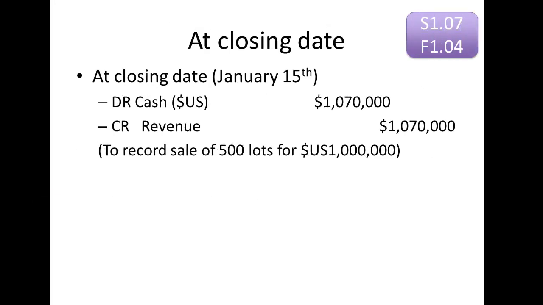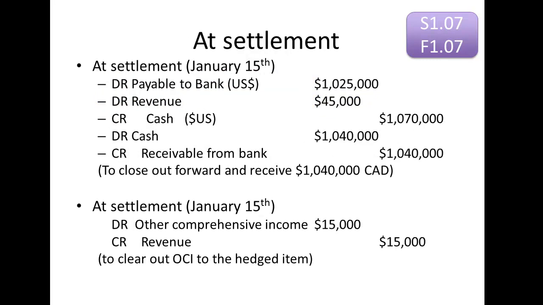The day arrives that the land sale is to close. The builder pays Bob $1 million US, which parent corporation records on its books as the $1,070,000, in other words, the Canadian dollar equivalent. Now we have to square up with the bank, and Bob gives U.S. Bank the $1 million US he just collected from the builder, and the difference is recorded as a reduction of revenue of $45,000. U.S. Bank does its part and gives Bob's the $1,040,000 Canadian it promised in return,